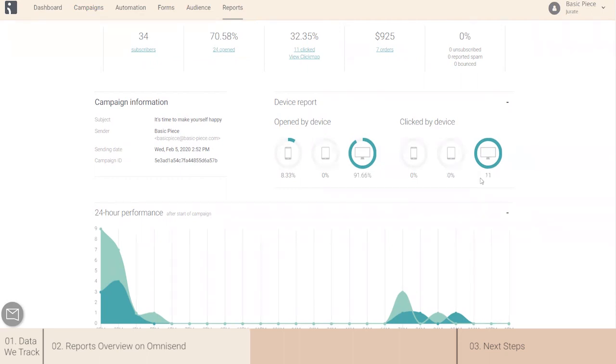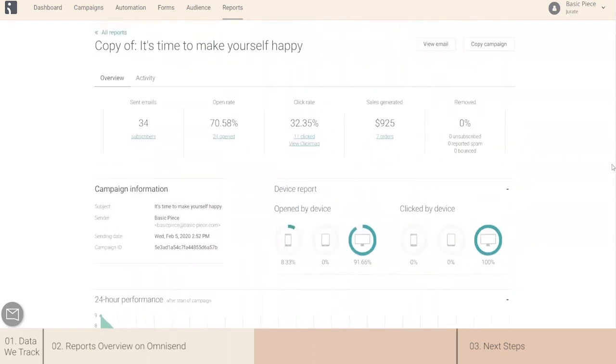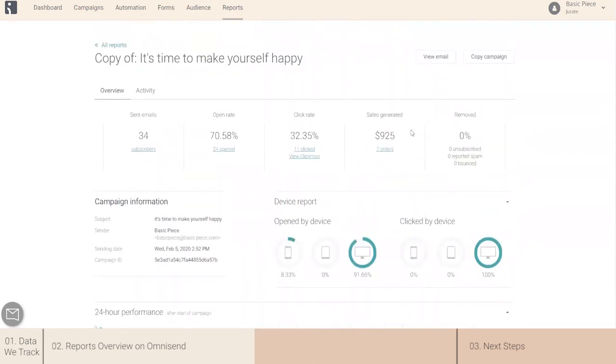And make sure that your campaigns look good on, for example, mobile, if this is the main device that your customers use. And if you want to open your campaign in the web version, you can just click view email and your actual campaign will be opened